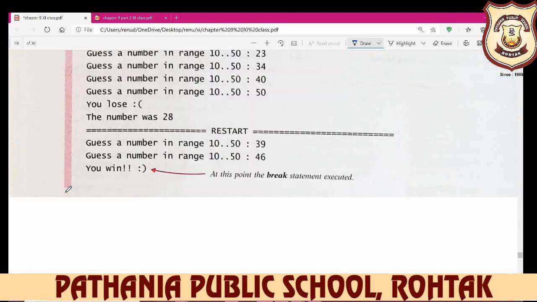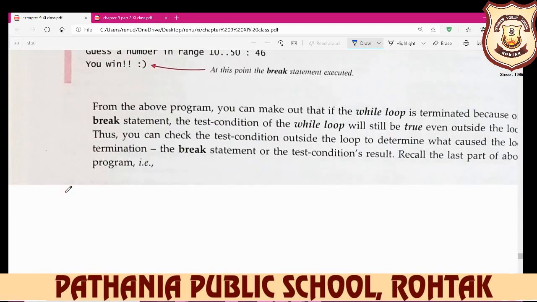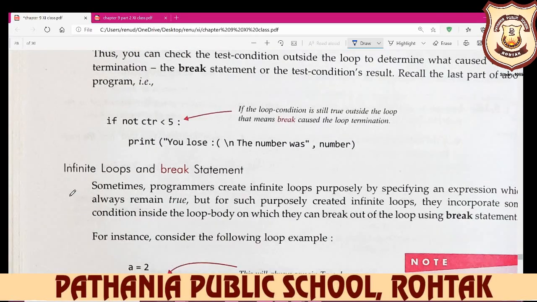And now our next topic is infinite loops and the break statement. With the help of the break statement, you can break out of or skip your statements when your program is endless, an infinite loop.